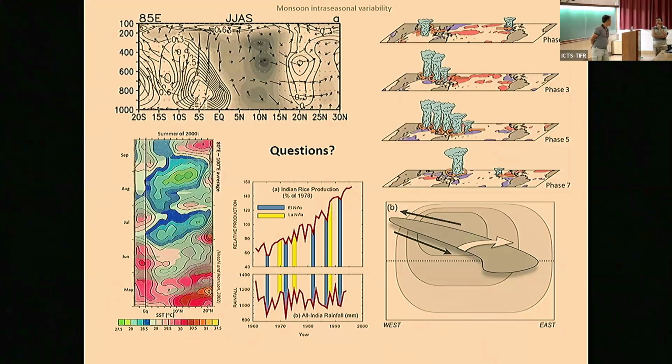If you do EOFs of OLR mostly, you really have those two modes that come up, one in austral summer, one in boreal summer, the MJO and the MISO. Any kind of analysis will get you that, right? And so the fact that using different methods, we pick up those two modes in the 30 to 90 day range, then